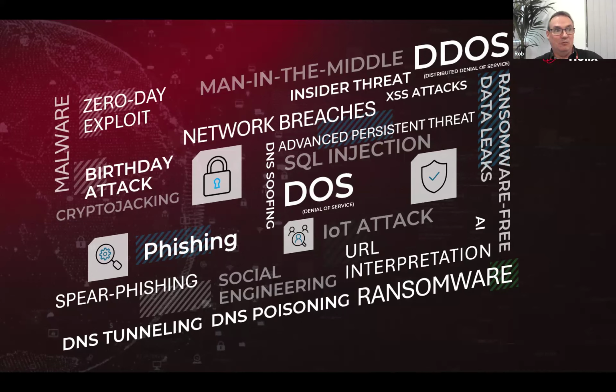But what can happen in small businesses, and we've seen this over and over again over the last number of years, is the number of small businesses that don't survive a ransomware attack, or any other attack for that matter, because of the expense, the resources, the reputational loss, and just the cost of recovering from those attacks is bigger than the company itself. Yeah, it's a massive risk for a small business, and it's something that's really difficult to quantify. But at the same time, it can be existential for that business. Unless they've got a large sum of cash that they've devoted just to sit in the bank in preparation to pay a ransomware